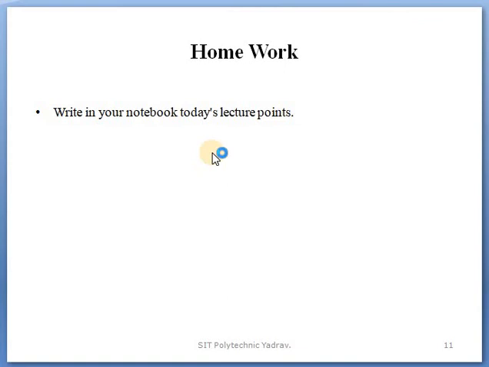There is no theory paper, so no assignments are given as homework. Only write notes in your notebook. Notes means your PPT points, mentioned in detail, so just write them down in your notebook and your notes are complete. When we start practicals, at that time homework will be given. In the theory part, only write the theory points or lecture points in your notebook. Enough, okay.